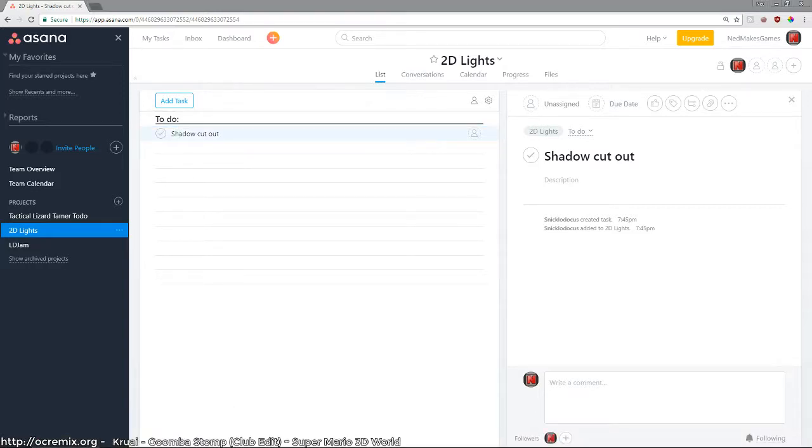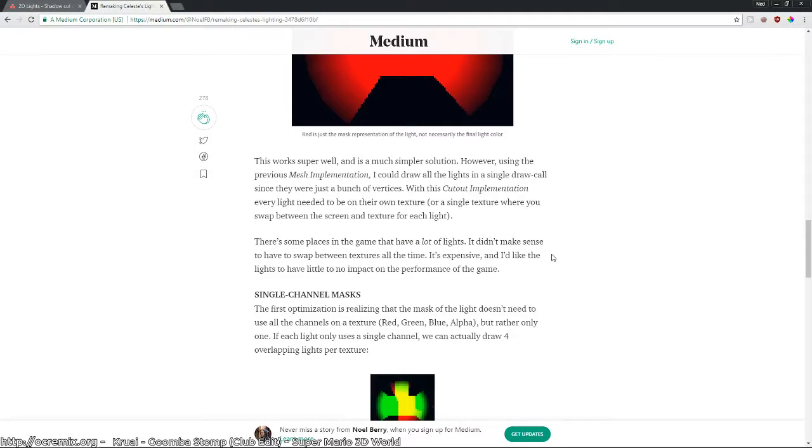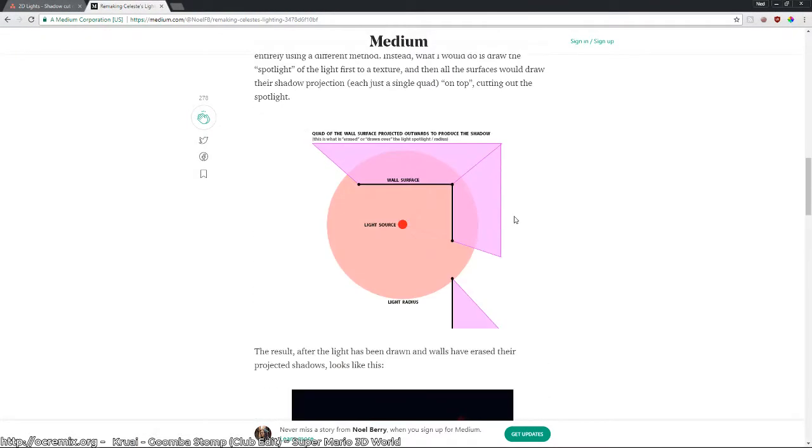Let me pull out this blog post again for the effect that I'm trying to recreate. So imagine this is a platform and this is a light source. As you can see here, what we're going to do is count up every vertex of the platform colliders and then shoot a raycast from the vertex outwards, and then we'll find the point where it collides with the outside of the screen, and that will be the other vertex, and basically we'll just create little squares, or not technically squares, but quads that will go out for each